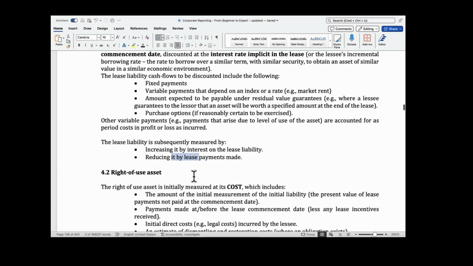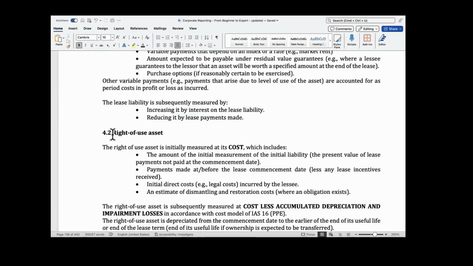The other leg of this liability is right of use assets. That's a term used in IFRS 16 to describe that asset that you have rented. Right of use asset. That's what we call it. And like I told you, this asset is measured at cost, and the cost is the amount at which you measure the liability. I told you the PV of the lease rental not paid, the same way you have measured the liability. Okay, the PV of unpaid lease rentals, and if there is any payment at the commencement date,